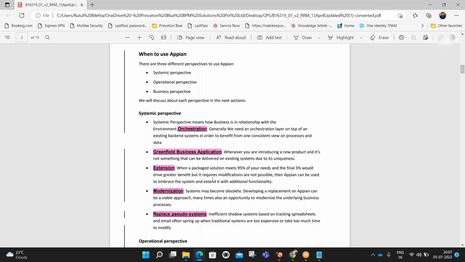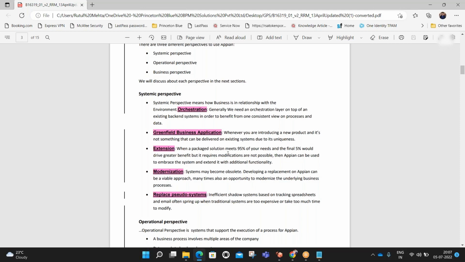Extension: here you can see it's very easy. Whenever we need to add more functionality to APN, as I showcased on the first day, we have the app market. Using the app market, if I want to merge two PDFs for my application, I can simply go to the app market, download that plugin and add it. So we can easily extend and utilize that plugin in our application